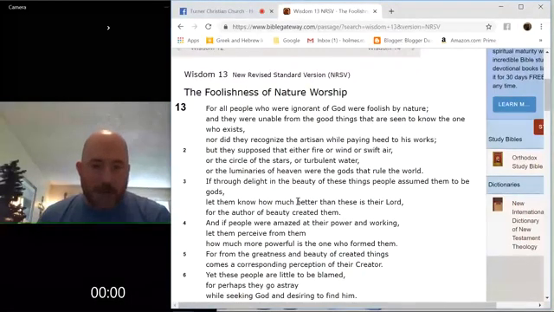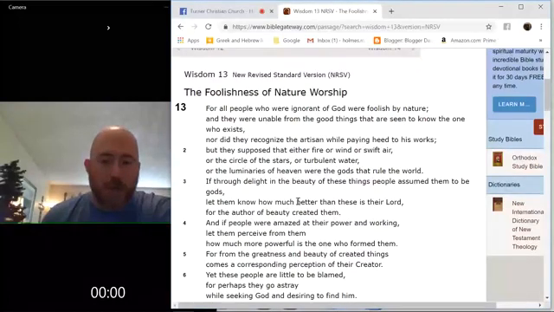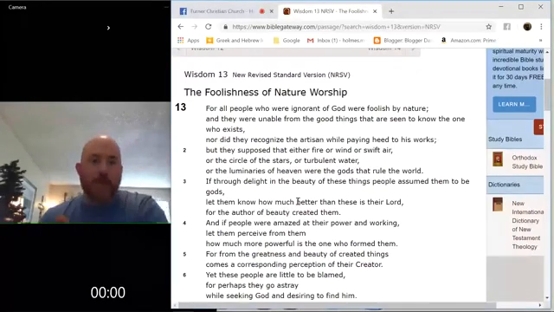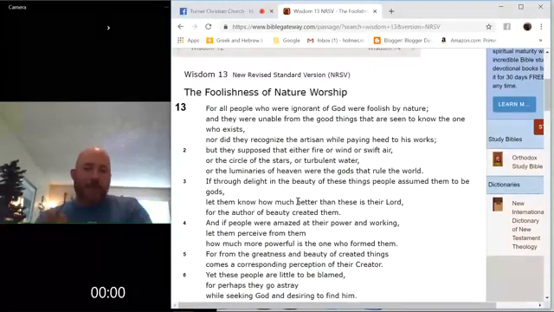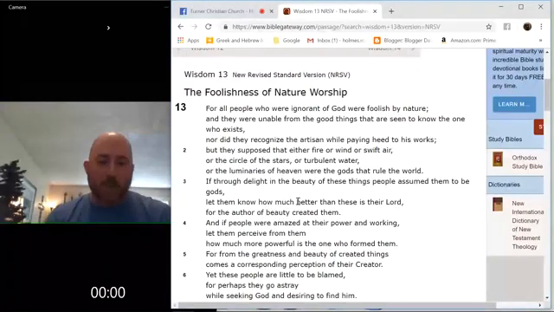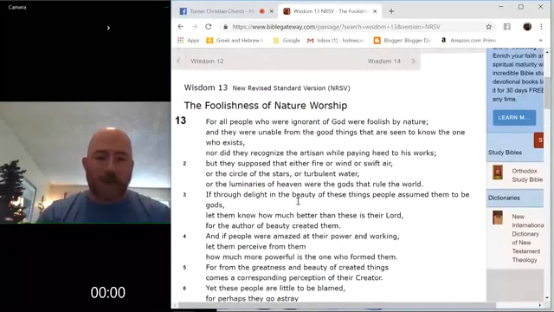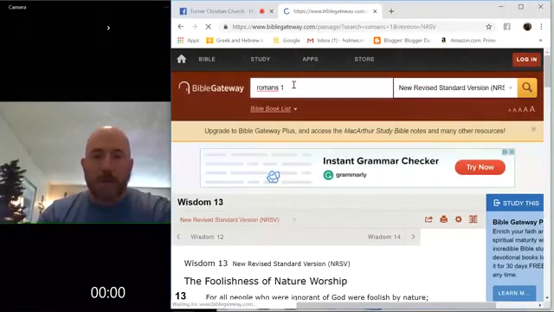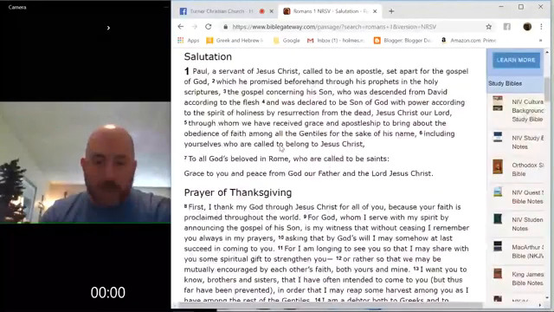But they supposed that either fire or wind or swift air or the circle of the stars or turbulent water or the luminaries of heaven were the gods that rule the world. So they were ignorant of God. They didn't perceive him through his works, and instead they began worshiping created things, which will probably sound familiar if you've read the book of Romans,